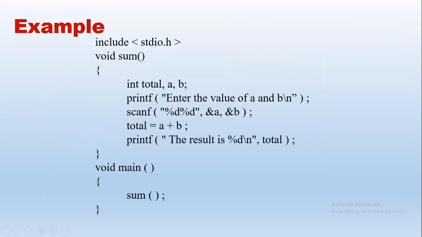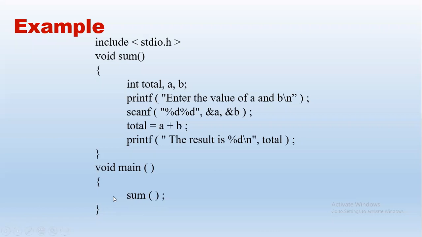Say we have the function. Here there is no parameter and there is no return type. We have defined the function before main, so there is no need of writing the prototype again, right? Control starts from main. So in main, we have the function call. Simply we specify the name of the function, sum, with brackets. We see that there is no parameter and there is no return type.